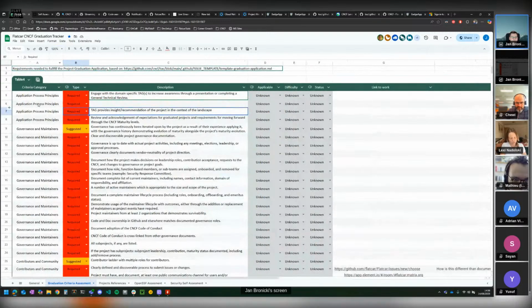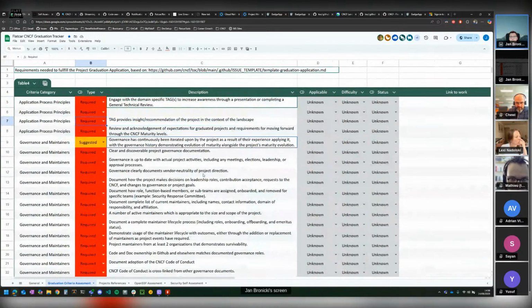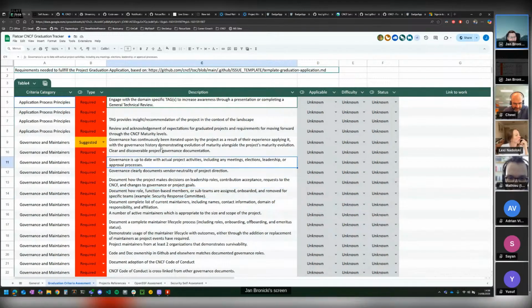In that case, I think we can go ahead and start going through each one of these. I know this is going to be boring for most of the time, so feel free to jump off. Okay, so number 1 would be engaging with the